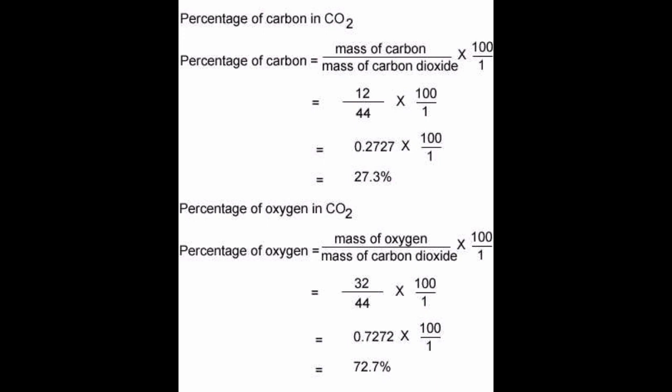This percentage composition will be helpful to analyze the purity of a particular sample that will be given to you. Now, how can you identify the purity of a sample by using percentage composition values? If you are given a new sample and you want to test its purity, and you know the percentage composition of elements in the pure sample, then after calculating the percentage composition of elements in the given sample, you can cross-check with that. So you can identify the purity of that particular compound that is given to you.